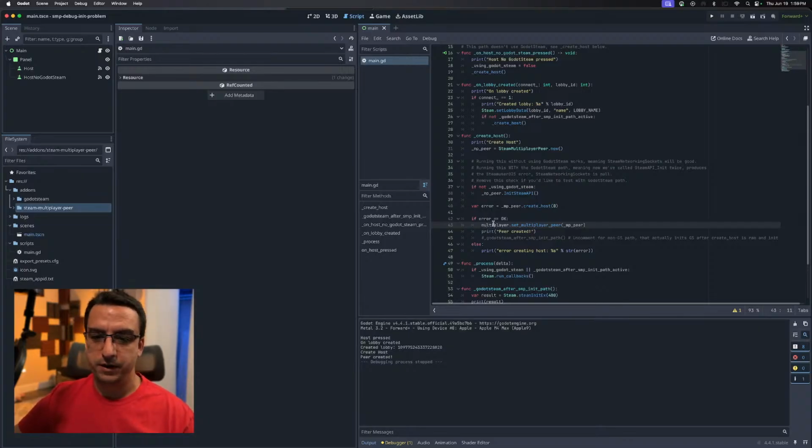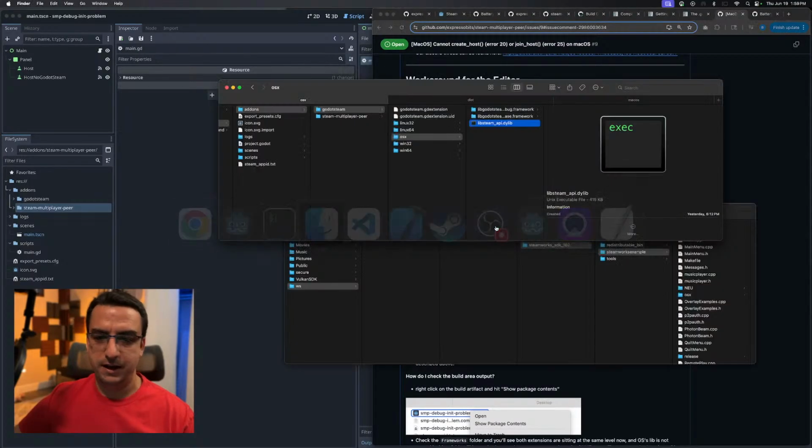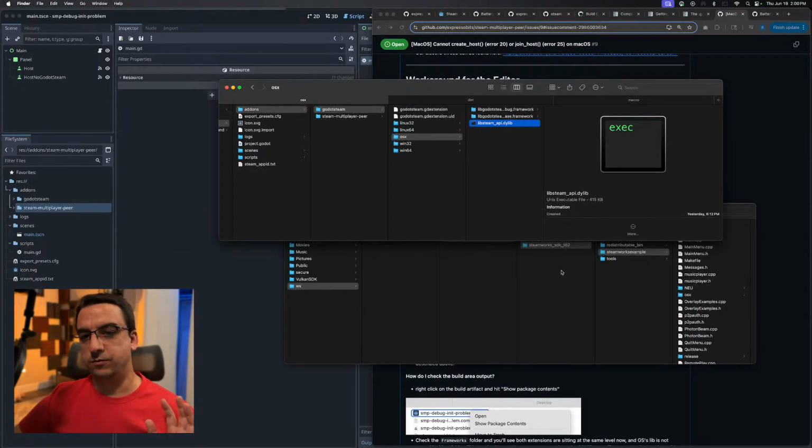So that's not the problem. So that was the first breakthrough we had. I don't know if that's going to be the end-all, be-all solution, but I want to say it is a great workaround. I spent hours trying to figure out how to get this to work in an editor without doing this